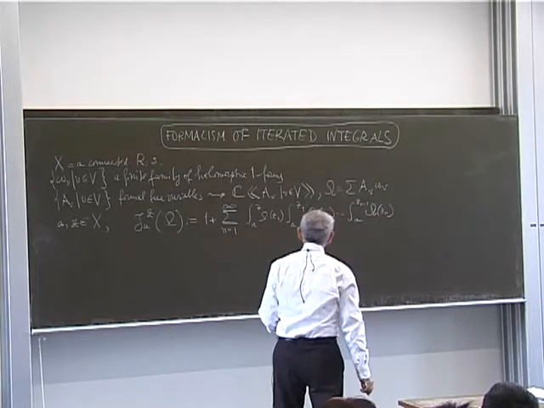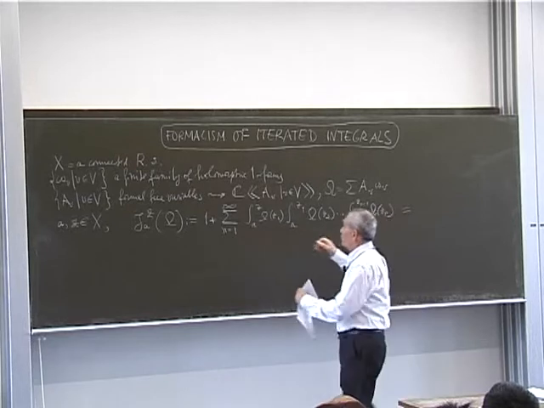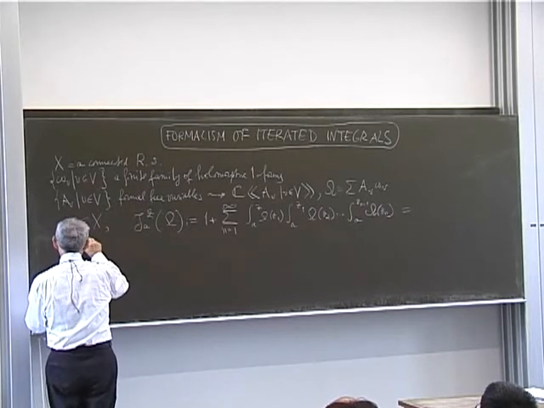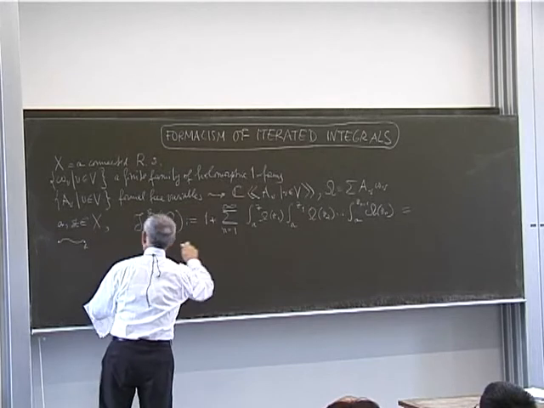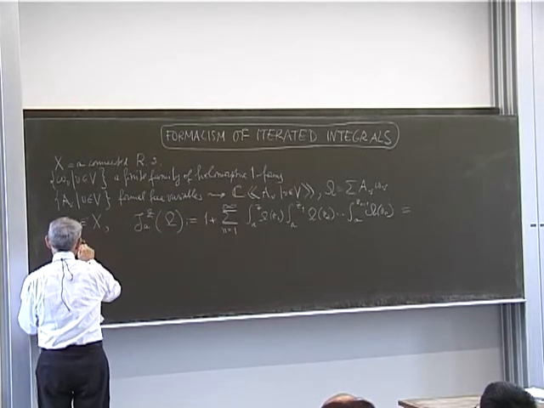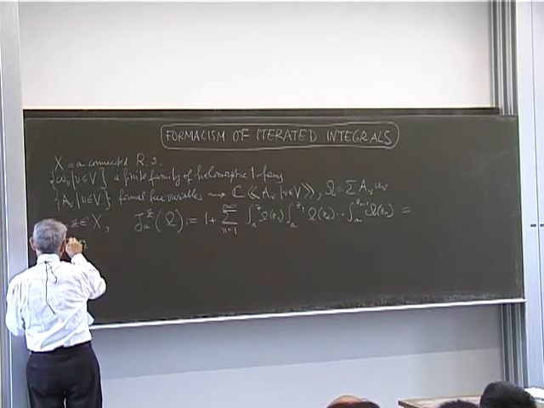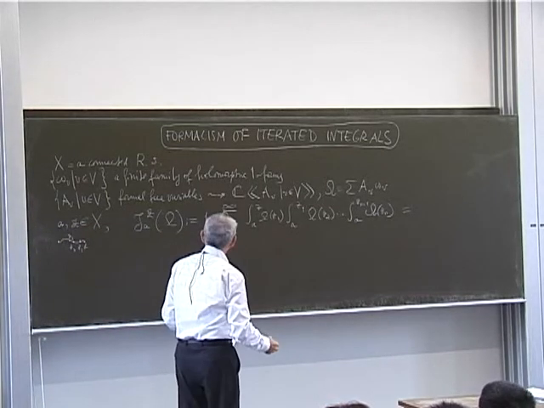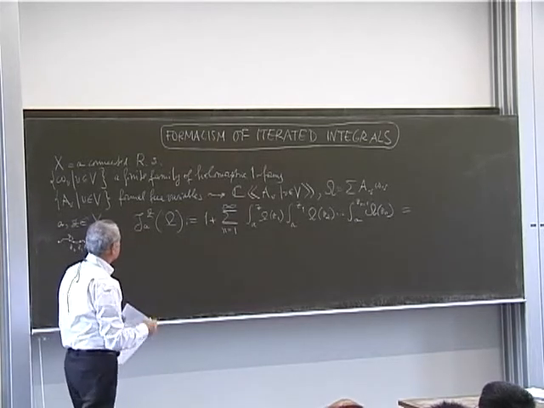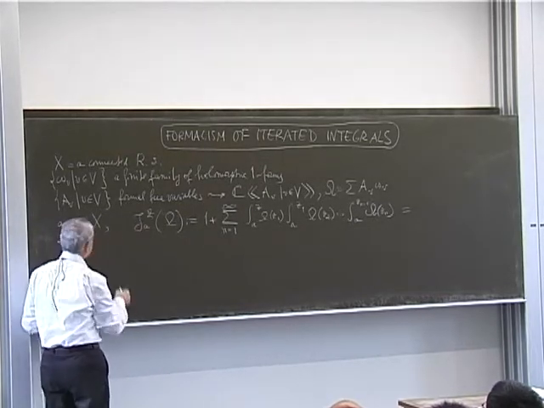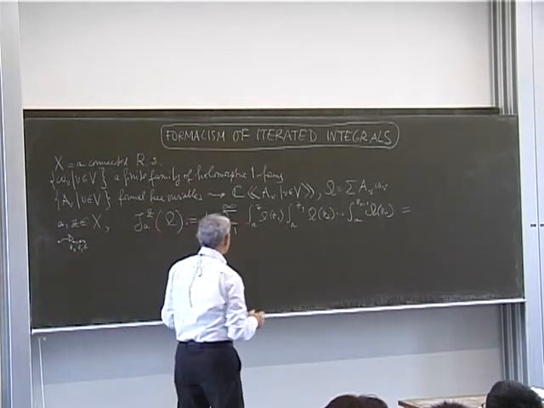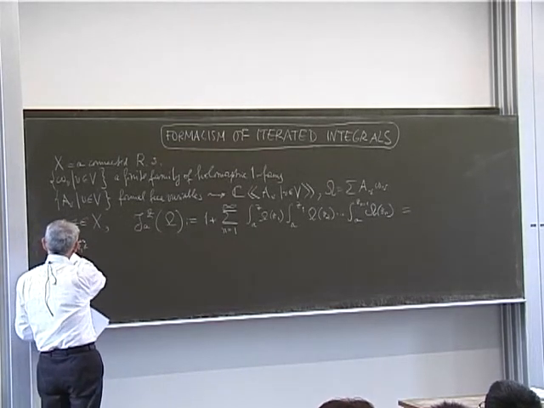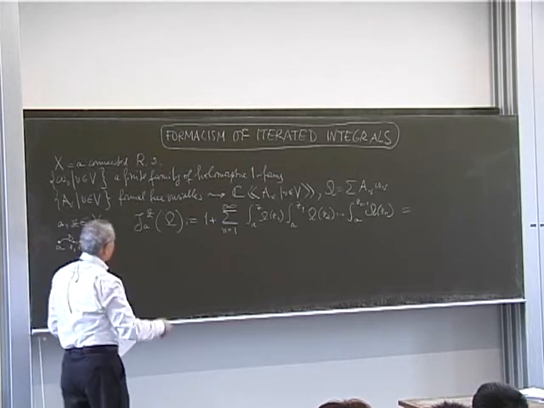And what it actually does, so you're imagining that I have chosen a path from A to Z, and all the points here are sitting like that on this path, and I'm integrating. But since the forms are holomorphic, therefore closed, nothing depends on the path except for the homotopy class of this path with fixed ends. So if Z is in one connected neighborhood of A, then I can forget about the